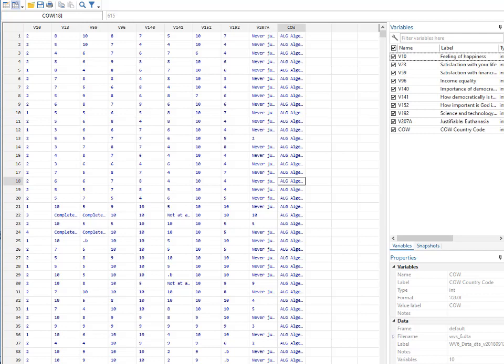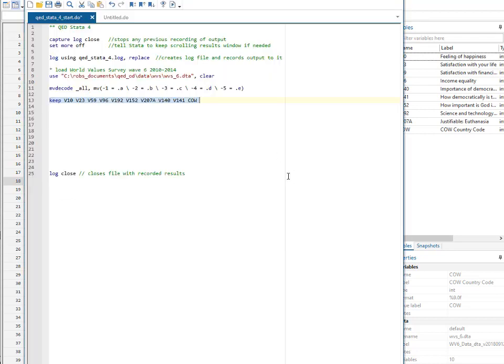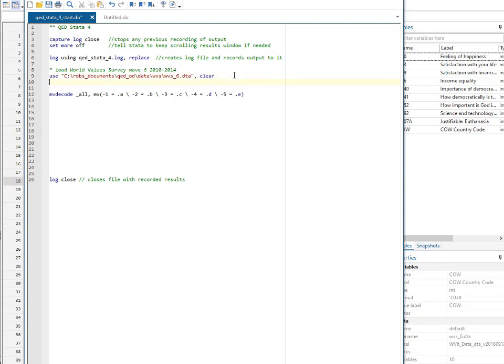Before we move on, what I'm going to do is cut that and put it somewhere much more sensible, which is before the decoding command. Why would you do this? Hopefully you've thought, why do I want to do the keep before I do the MV decode? And hopefully you thought about the answer is obviously that if I had done that, then that would have meant